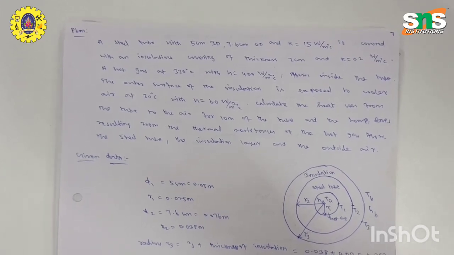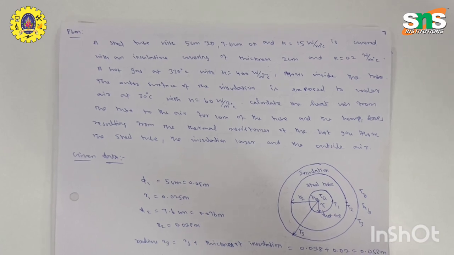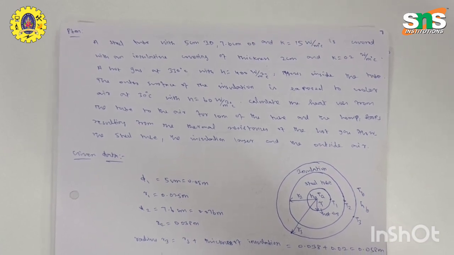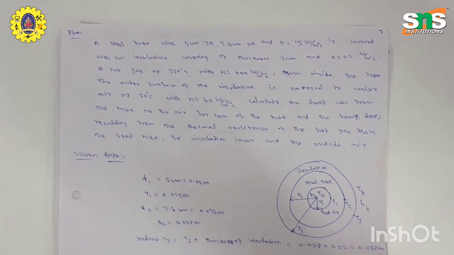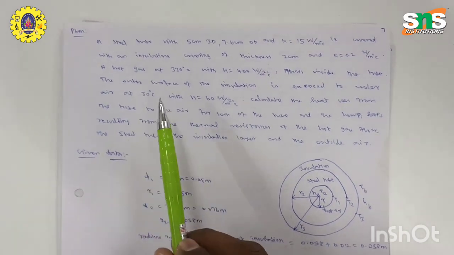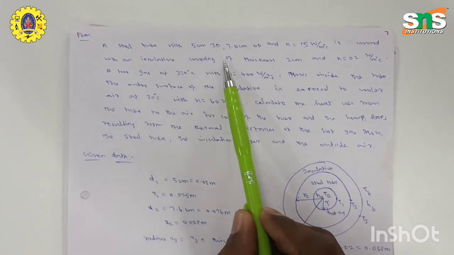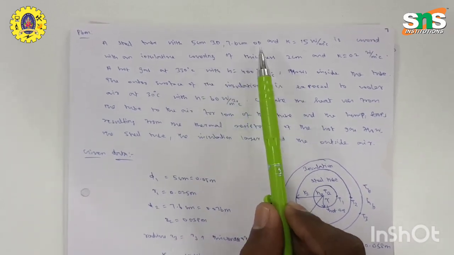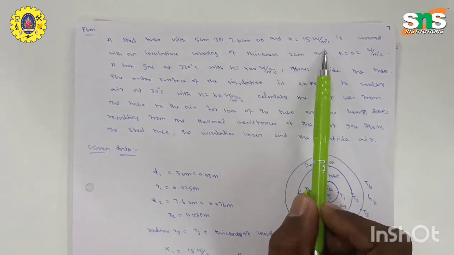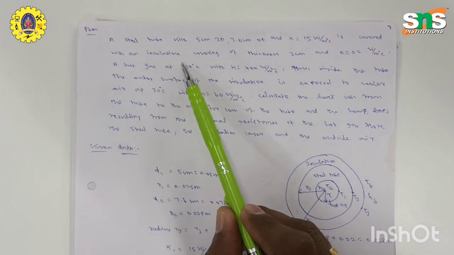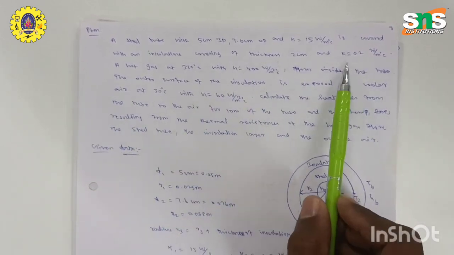Today we will discuss a lecture video on a solved problem of heat transfer in cylindrical problems. The given problem is a steel tube with 5 centimeter inner diameter, 7.6 centimeter outer diameter and thermal conductivity of 15 watt per meter degree Celsius, covered with an insulating covering of thickness 2 centimeter and